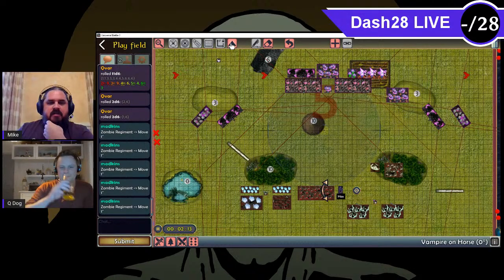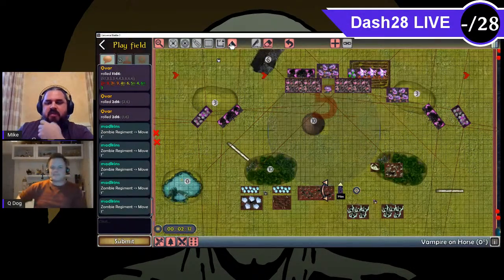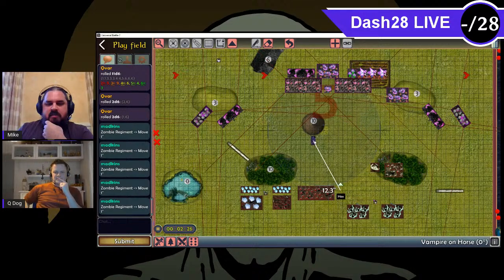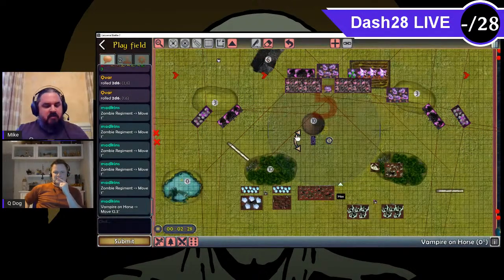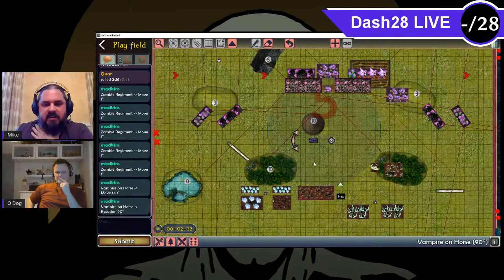I'm going to use this arrow here to mark the position of my unit. So I've marked where the vampire is. So this little arrow now is there. And so I'm just gonna move him willy-nilly. Just gonna slide him over here. No big deal. And then rotate him 180 degrees by holding down Shift and dragging it down so he moves